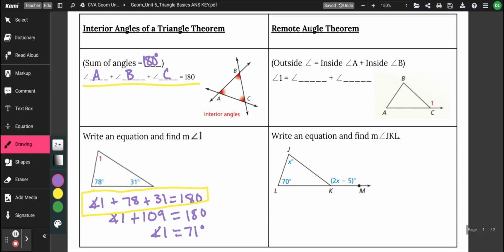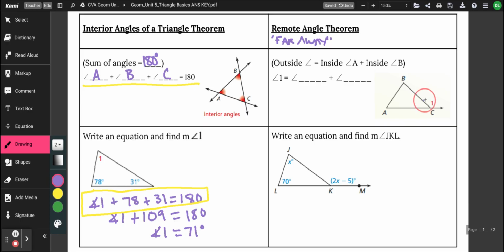Okay, and then we have the remote angle theorem. So when we talk about remote, we're talking about something that is far away. Like think about your remote control cars, right? You can drive that car remotely, or you don't have to be in it. You can be away from it. So when we talk about remote angles,